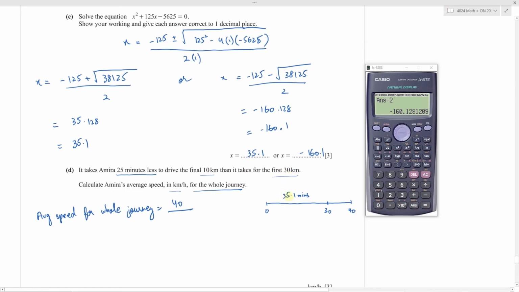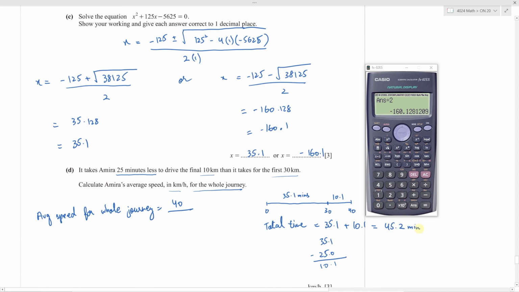So 25 minutes less than this means 35.1 minus 25.0, which is 10.1. So the last 10 kilometers it took her 10.1 minutes. So total time is 35.1 plus 10.1, which is